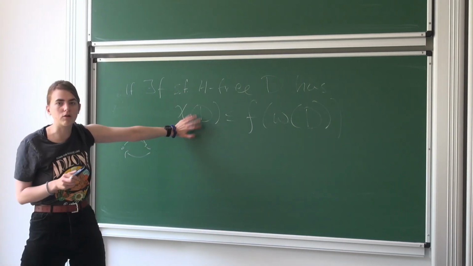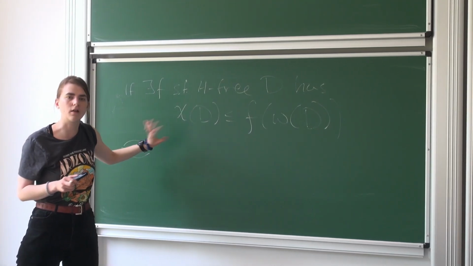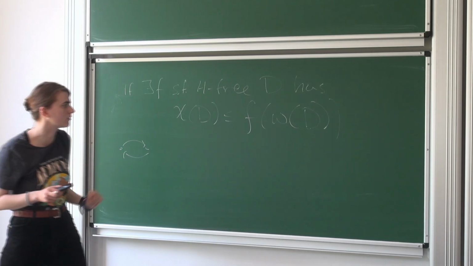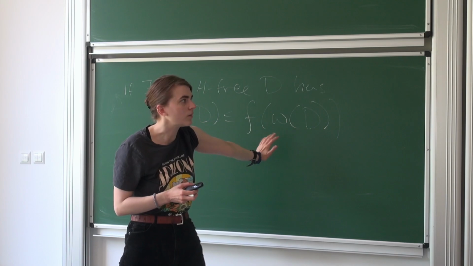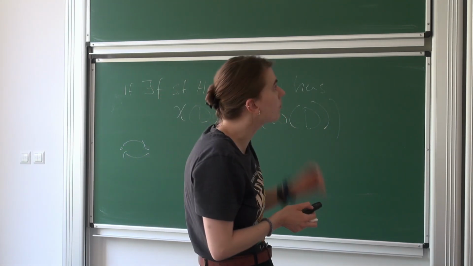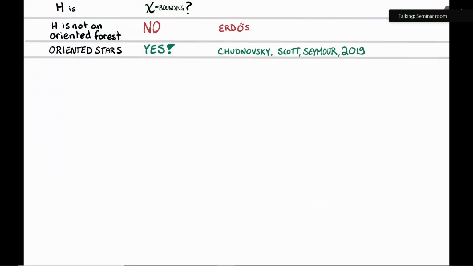And I mean the chromatic number to be the chromatic number of the underlying graph, so you're not thinking about the directions, and the clique number is just the size of the largest tournament. So here we have a positive answer for oriented stars. If you're not considering direction, this is kind of the difficulty of this setting. For the non-directed case, we have many more results. But here, since you want it to be induced and you also want the orientations to match up,